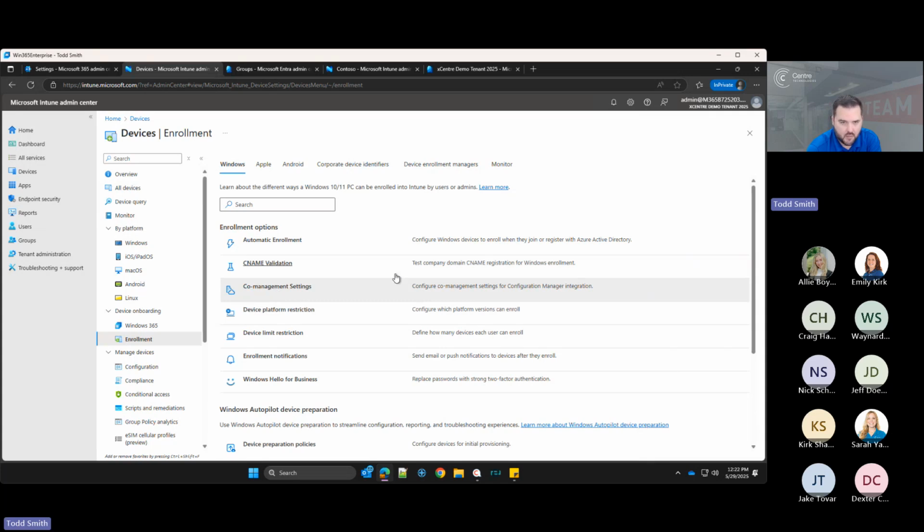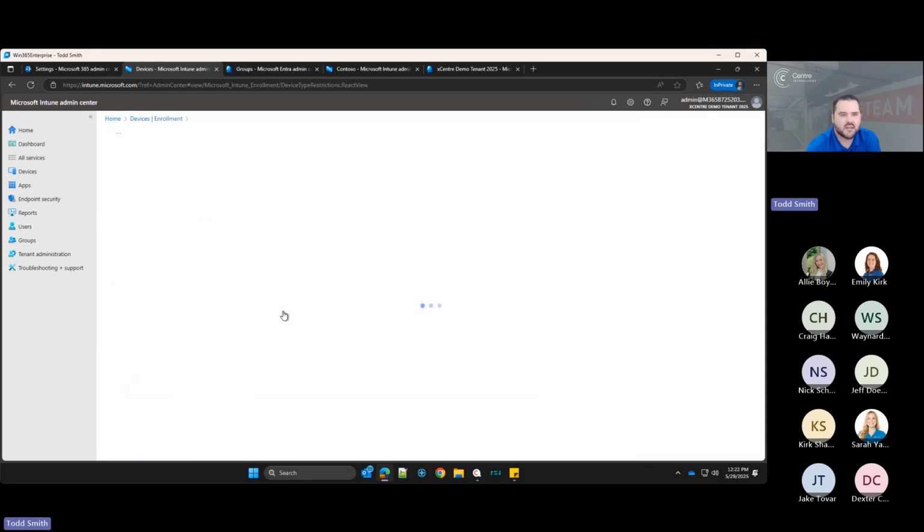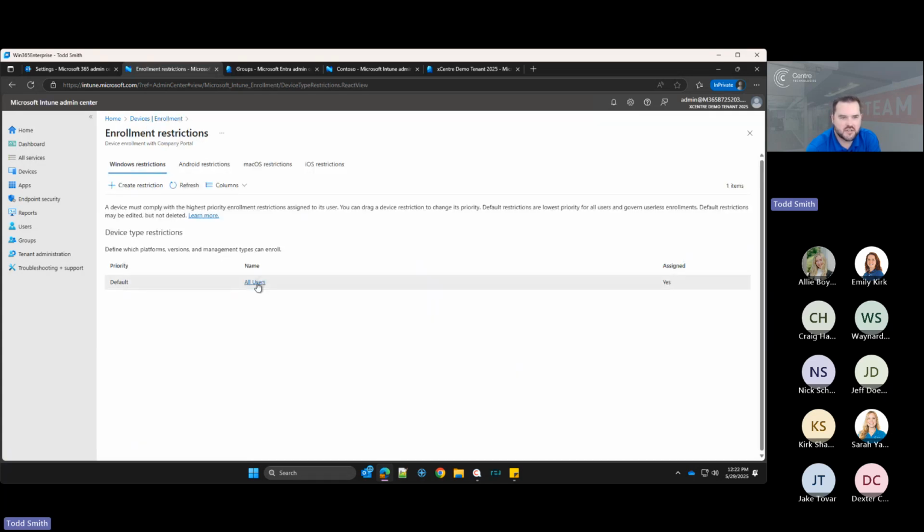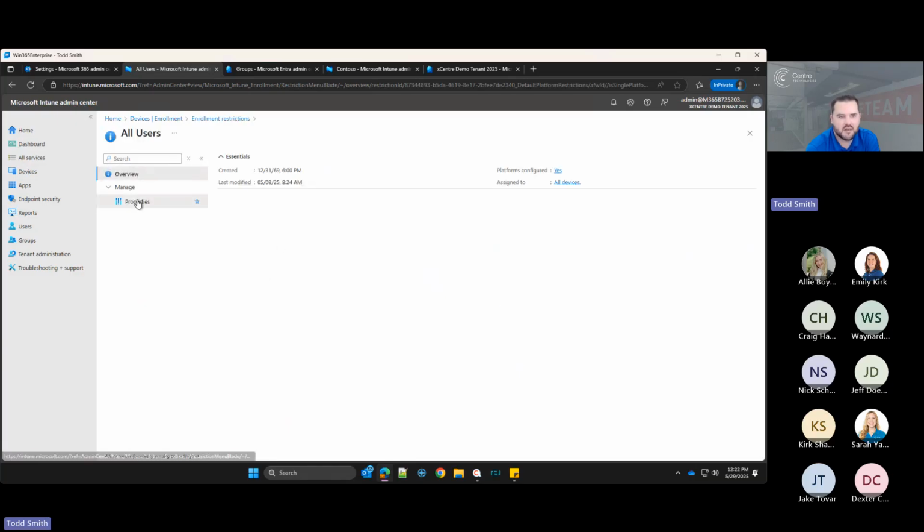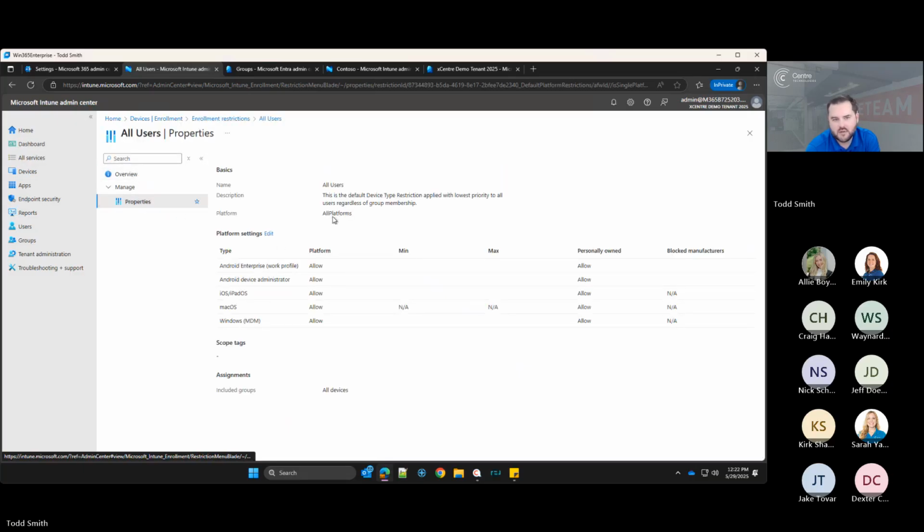I'm not going to go into co-management solutions, but I'm going to look at the device enrollment restrictions. So you have some different options here for who can enroll a device and what type of device they're able to enroll. If I select this, it'll allow me to drill in. So all users, I can make some changes here if I needed to. So for the platform settings,